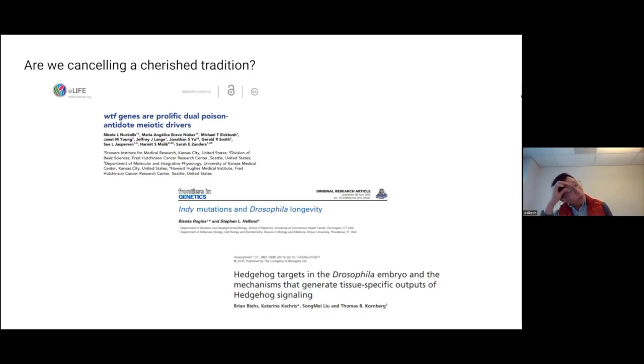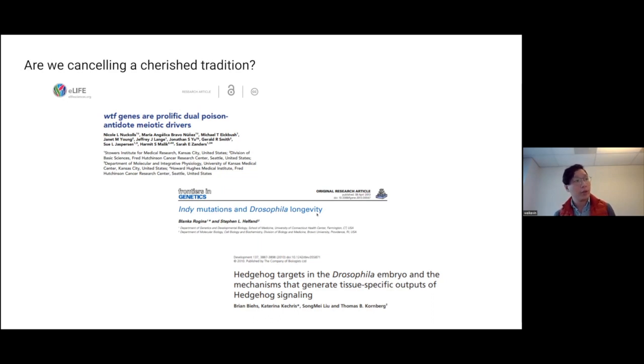So one question we commonly get, and this goes back to this cherished tradition in genetics, is: are we trying to remove the fun in genetics that we have had for a long time, which is to give funny tongue-in-cheek names to genes, and we're robbing the fun of everyone, right? So there are all these examples that we've shown before. And the answer is no, right? We can be fun, we can be cheeky, we can be whimsical without using names that might perpetuate stereotypes or ones that might